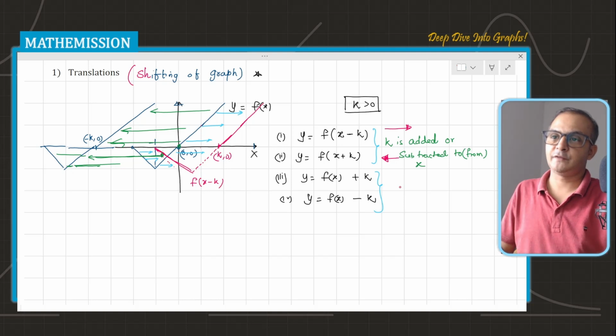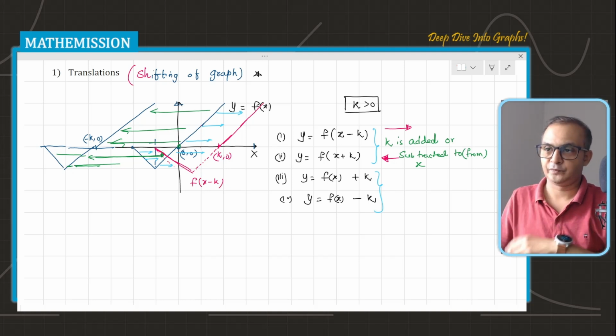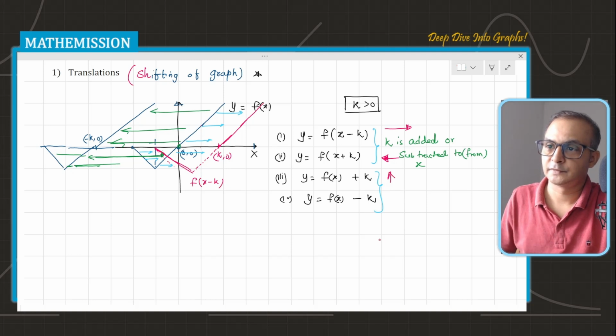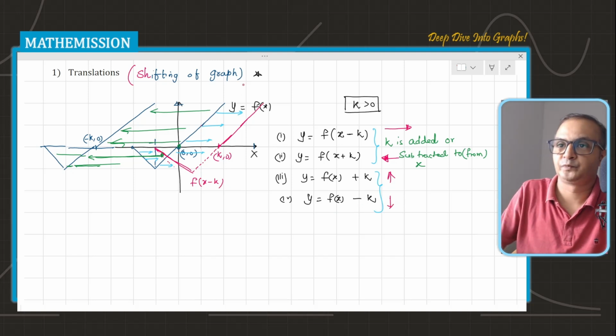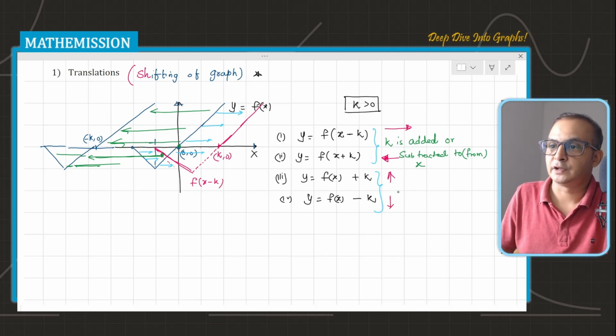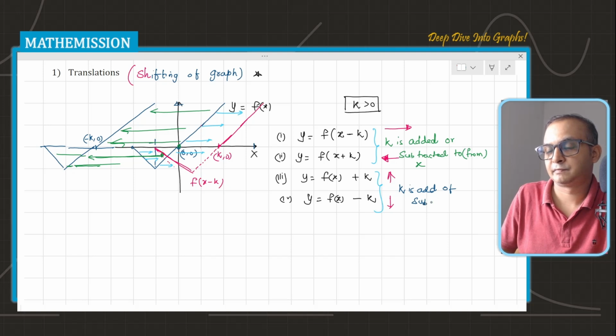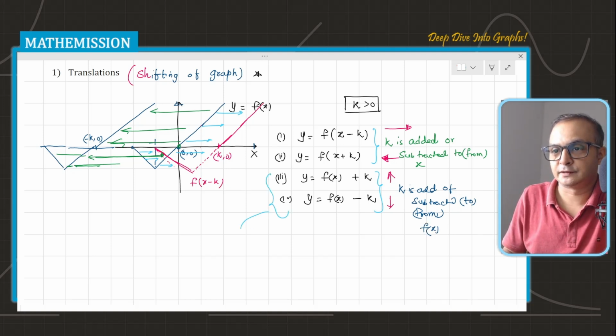It means when we are adding k from the outside, the graph should shift up, and when we are subtracting the k from outside, the graph will shift down. So it is actually k is added or subtracted from or to whatever f(x). This whole thing can be understood in this way, that it is just y minus k is